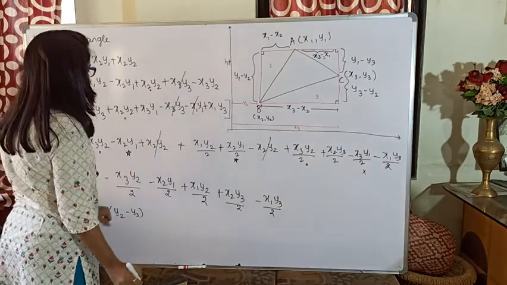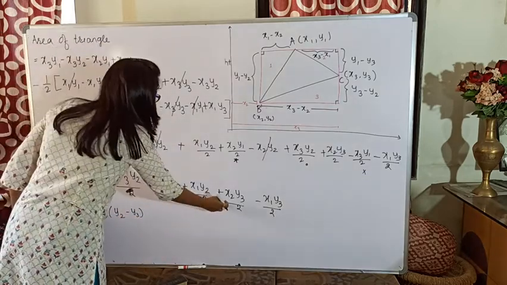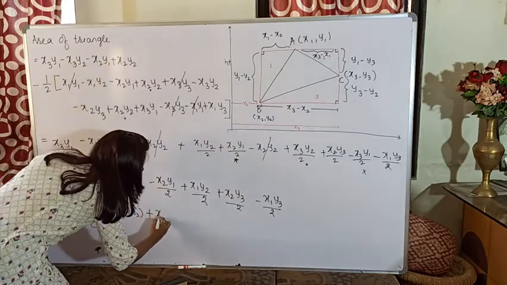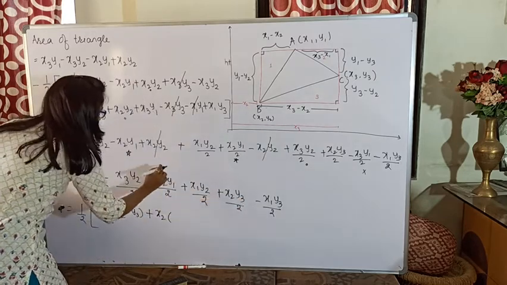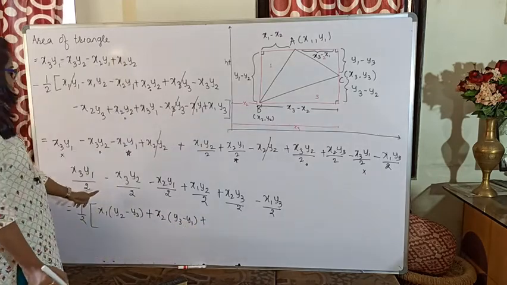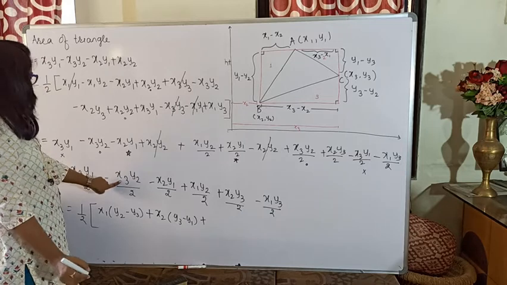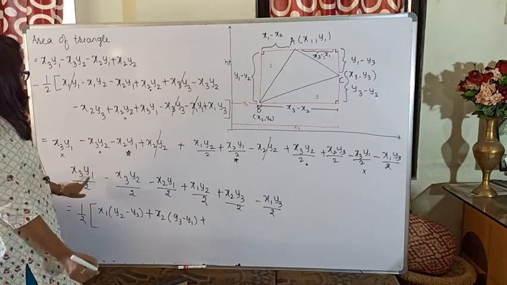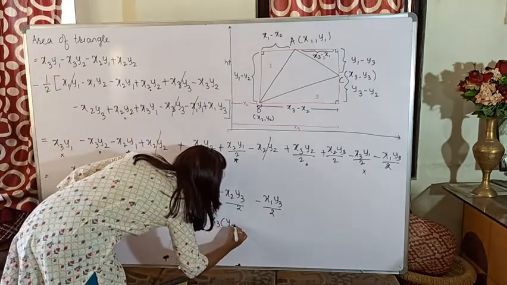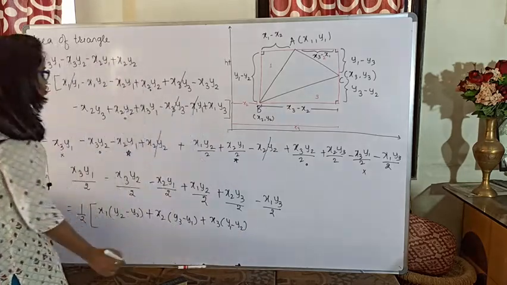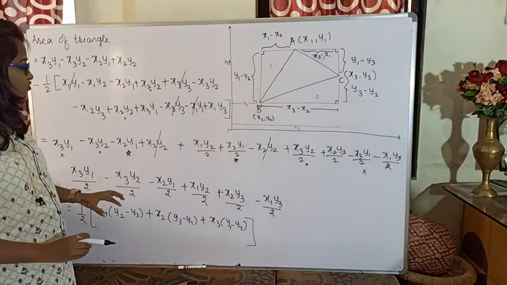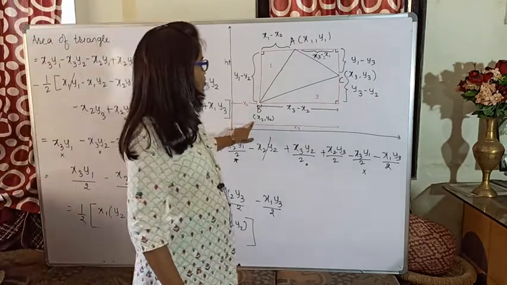Next term, now consider the x2. So here it is my x2 and here is also my x2. I want the plus term first, so I will take x2 as common, and what am I left with? y3 minus y1, plus last term x3. Here it is x3, whereas here is also x3. Taking x3 as common, what am I left with? y1 minus y2. So x3 times y1 minus y2. Okay, so this becomes your formula for the area of the triangle,